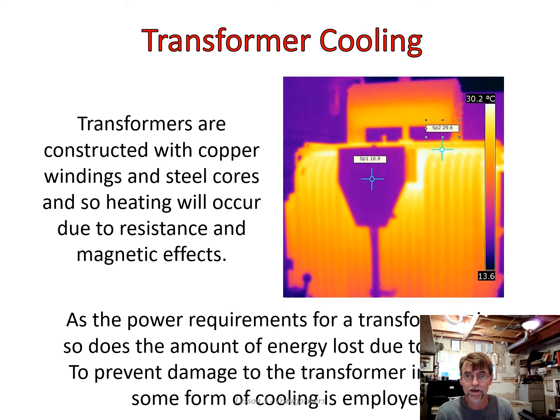What we're looking at here is a transformer, and as I indicated, the byproduct of a transformer, its primary waste and inefficiency, is in the generation of heat, and this image shows us that this transformer is quite hot. Transformers are constructed with copper windings and steel cores, and so heat will occur due to resistance and the magnetic effects. As the power requirements for the transformer rise, so does the amount of energy lost due to heat. To prevent damage to the transformer,